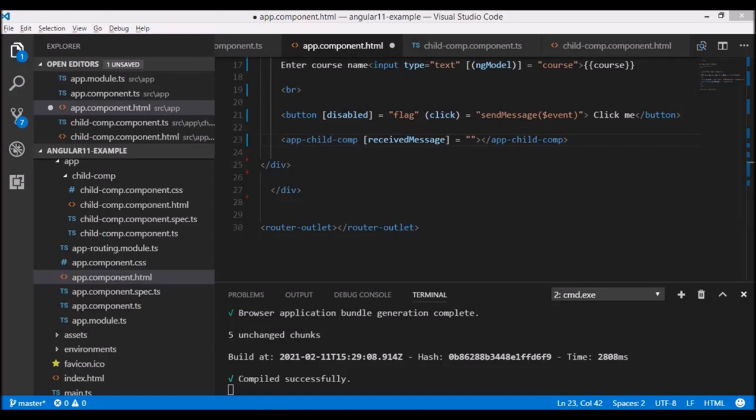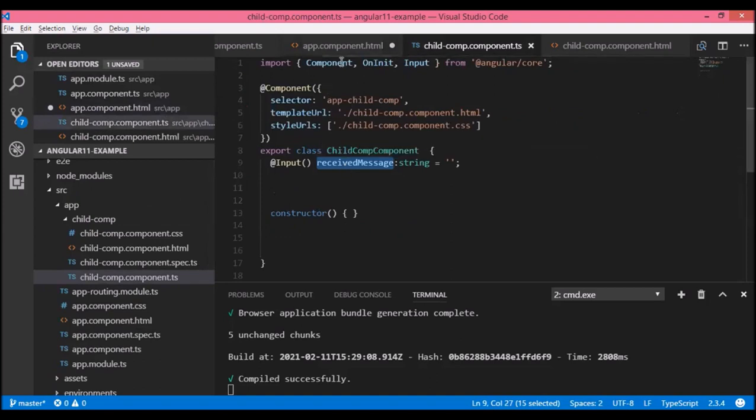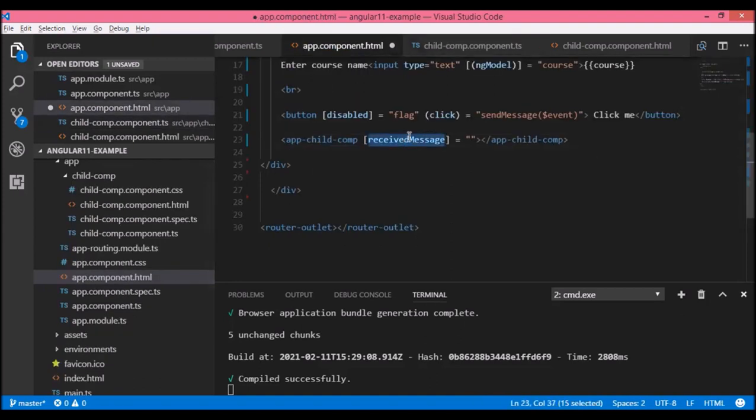Now how will the parent send the data, how will the parent send the message? I'll write received message. This is my variable which my child component is using. What value should we fill over here? Suppose I have a variable name.